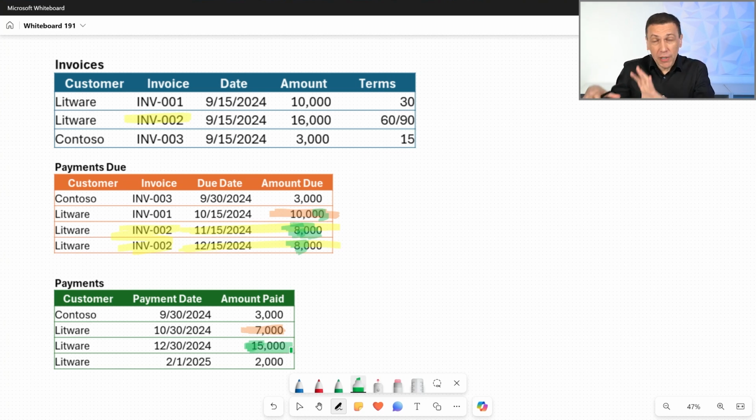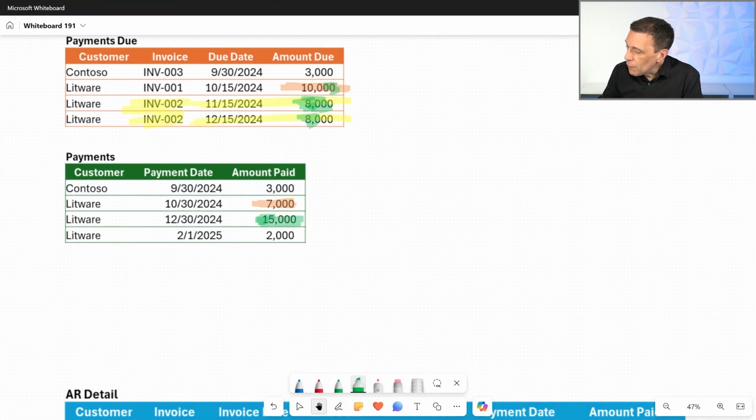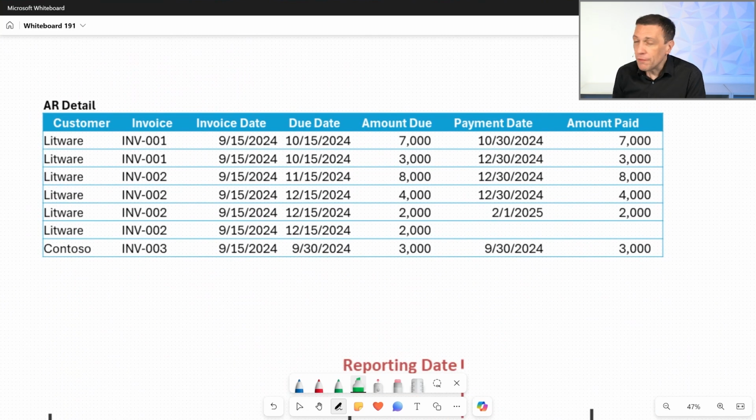Now, thinking about keeping the data as is and trying to implement the calculation in DAX, it's a total nightmare, because trying to reconcile the payments with the due dates or the invoices is a total nightmare. You don't want to do that for every query. So we probably want to do something in order to prepare the data to make it simpler to execute the report. And so where I want to go, I want to obtain something like this, something where we have a